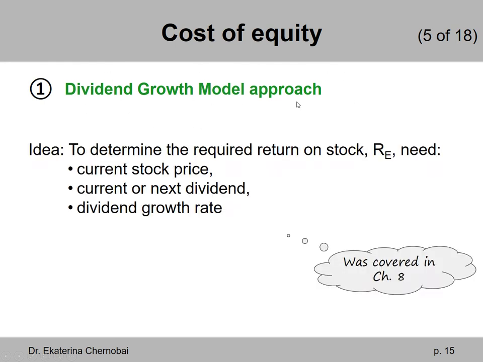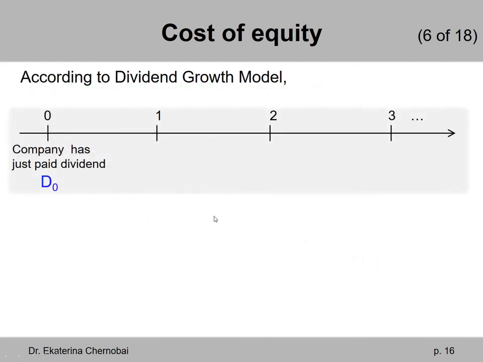To use this approach to calculate the cost of equity, we need to be given three things about the common stock shares. The current stock price, so price per share today, the current dividend or the dividend that will be paid next time, and the dividend growth rate. This is all from chapter 8. We are just reviewing it. So let's review it